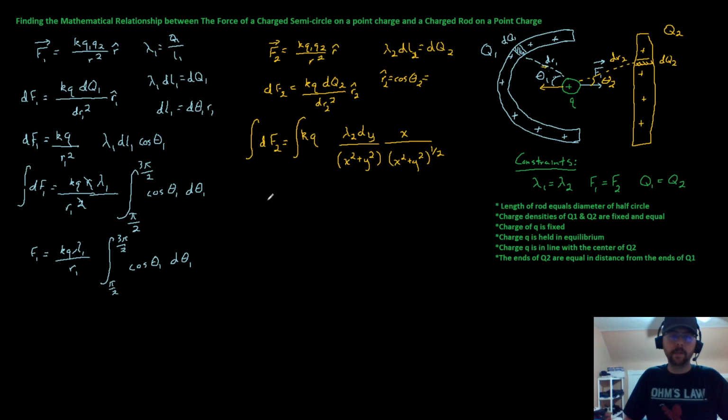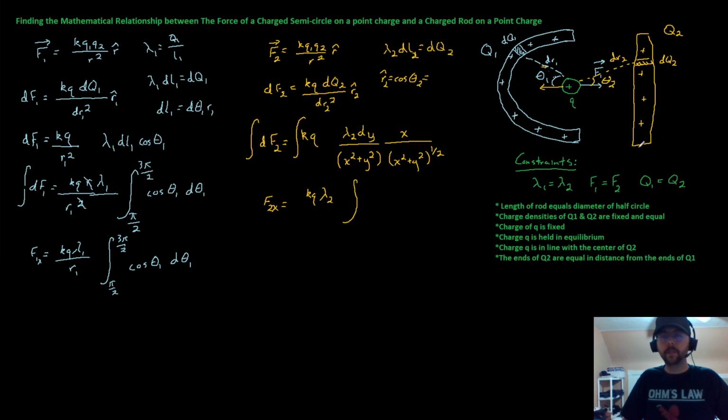So on the left-hand side, we just have f sub 2. And technically, this is f sub 2x, I could write it. And the same over here, because from the symmetry, f sub 1x equals f sub 1, and f sub 2x equals f sub 2. Equals k times q times lambda sub 2 times the integral from,